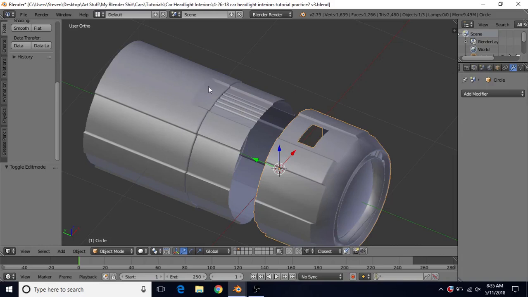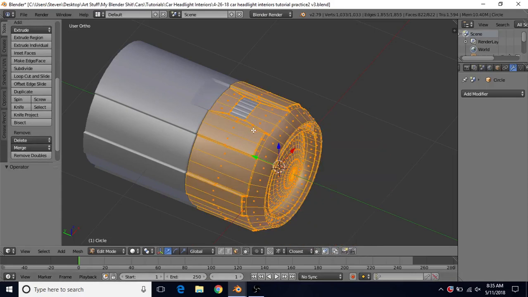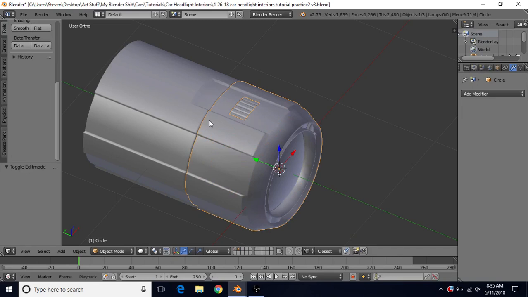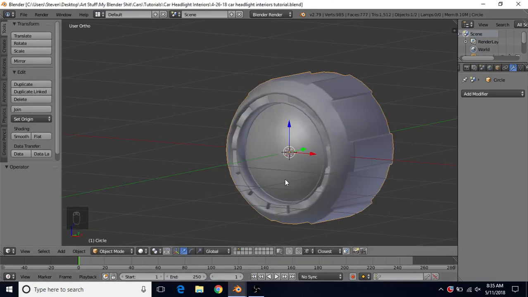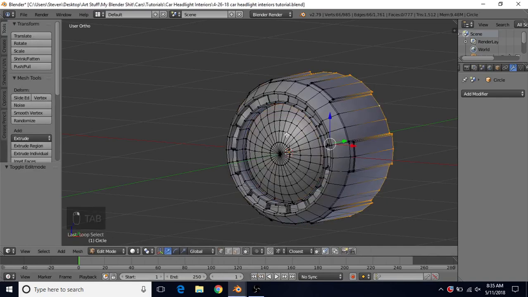We're going to make this second piece, we're going to add in these details, and we're also going to make the hole in this first piece. This piece actually goes over the top of this piece here, so it's going to be situated like this when we're done. So we're going to go back to our Blender file, we're going to tab into edit mode,